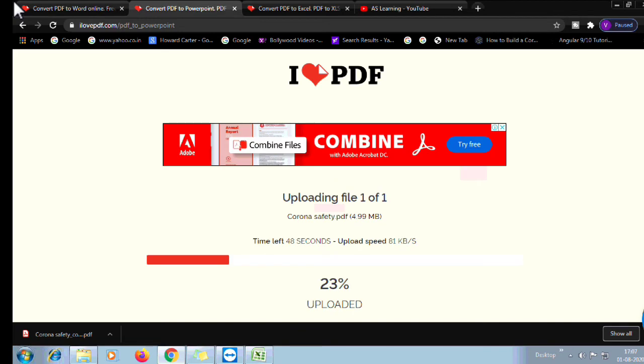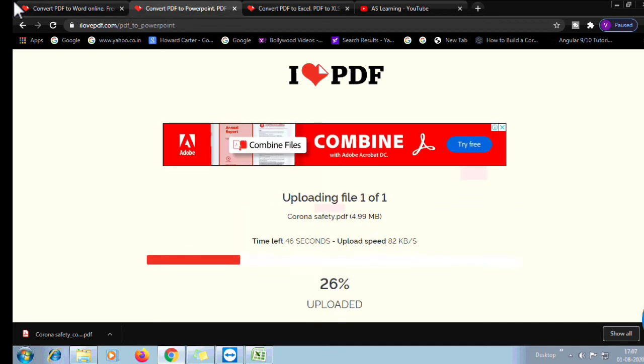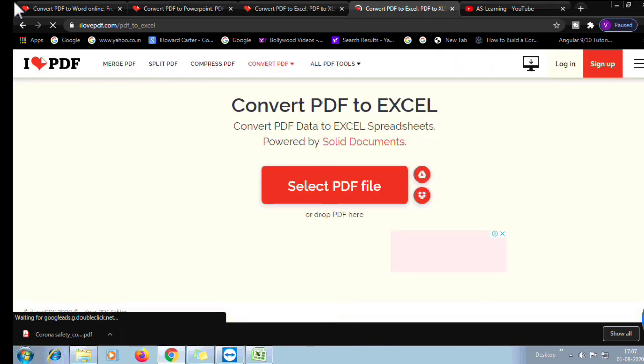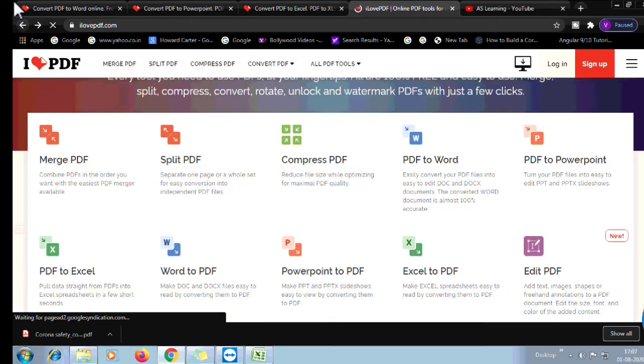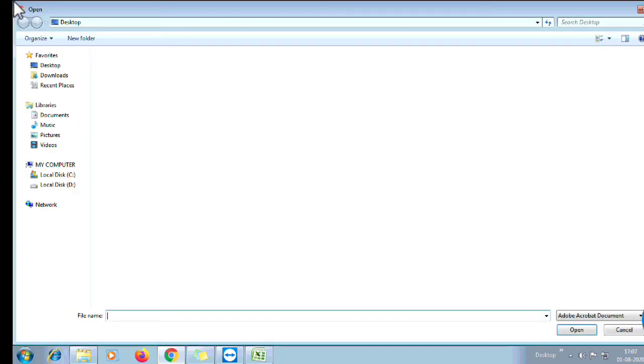So as you can see, all are getting converted. We will check once it gets completed. Till then we will see another option, PDF to JPG. Okay, so in this, select your PDF file.